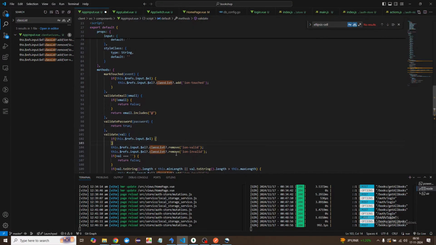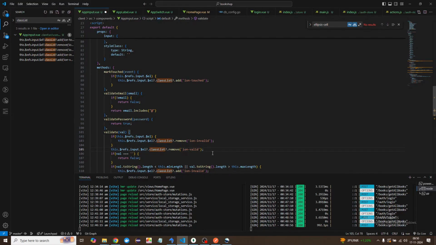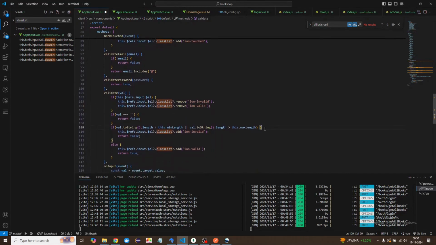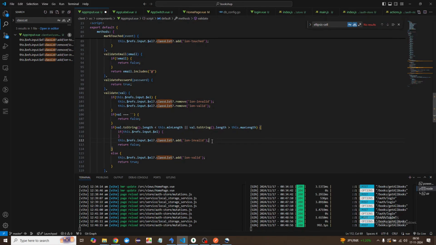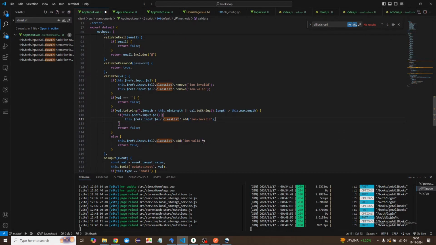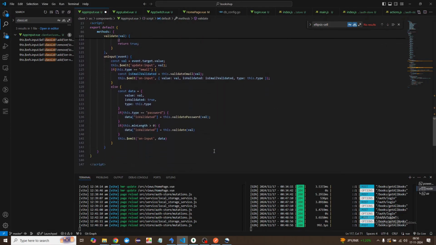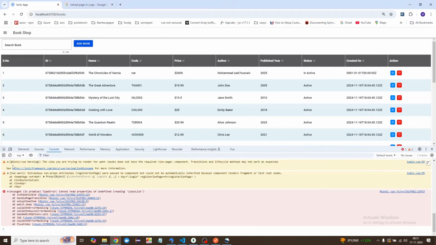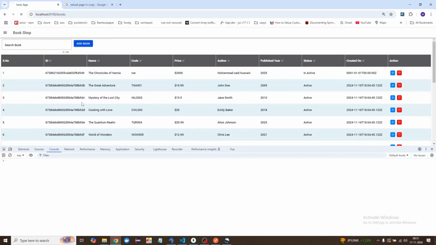Here let's say if that is the case, then only we are going to use this classList. I'll say okay, let's go up. Fine, now here also I'm going to do the same thing. If that is the case, then only I'll just call this classList functionality, and here also I'm going to do the same thing so that we can make sure there's no error. That's completely legal now, that's completely fine. Let me save it and go back to UI, and we'll test this once more to see if that is working completely fine. I will just refresh,